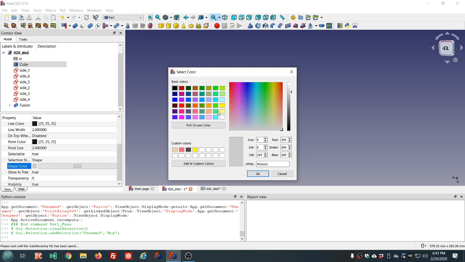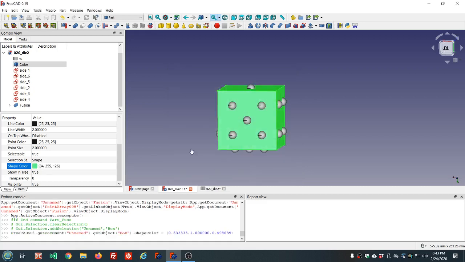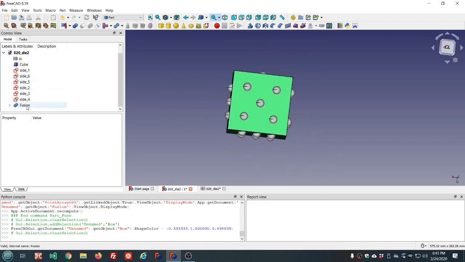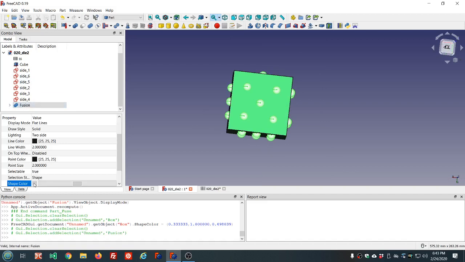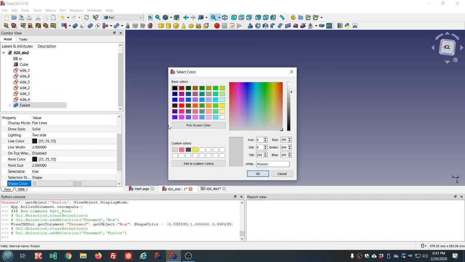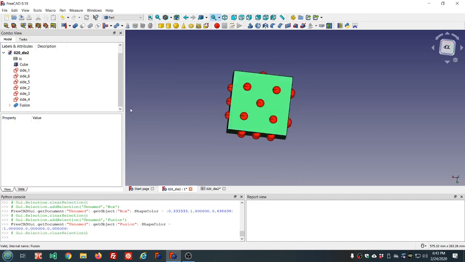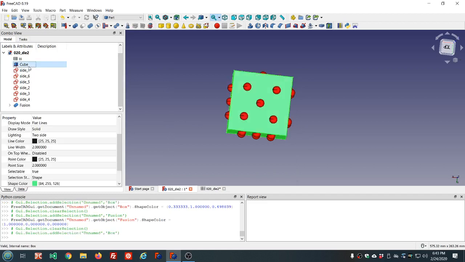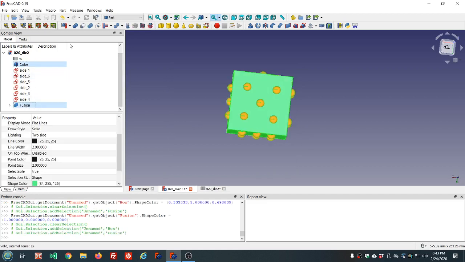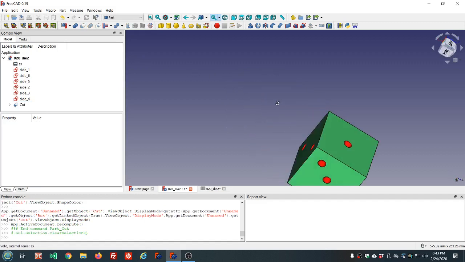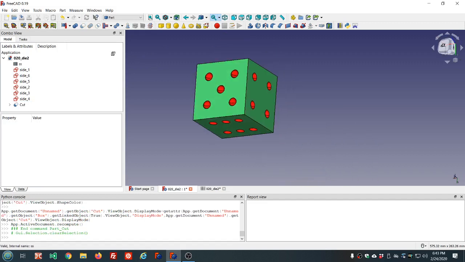Let's try green today. And the fusion, what color should we make these? Red, maybe? Select the cube, then the fusion, do the cut. So that's our green and red die